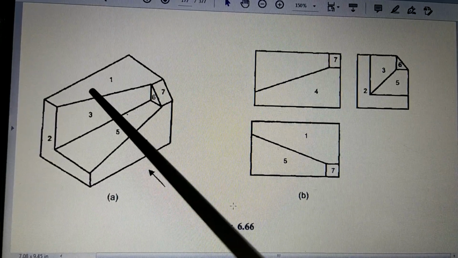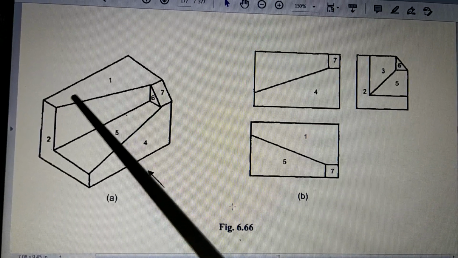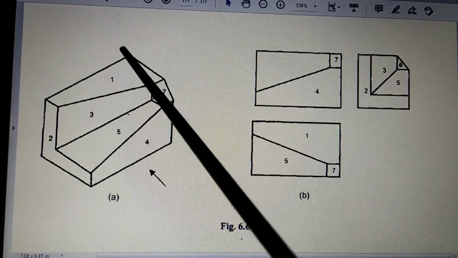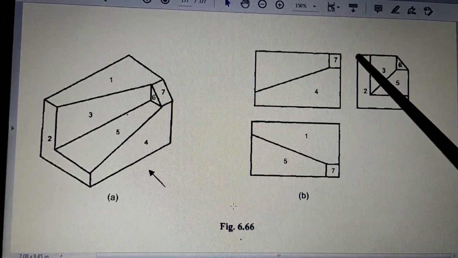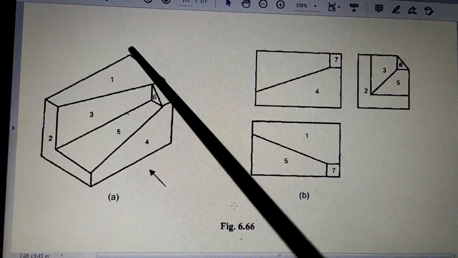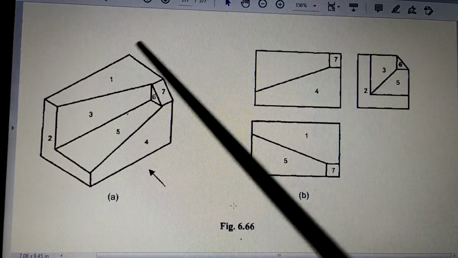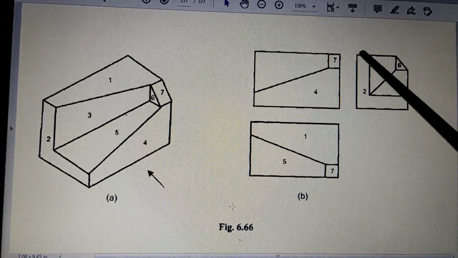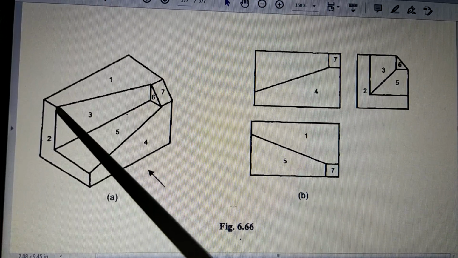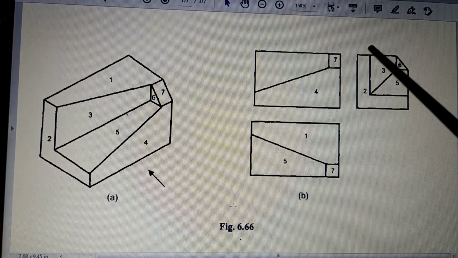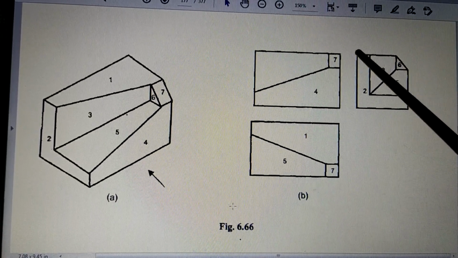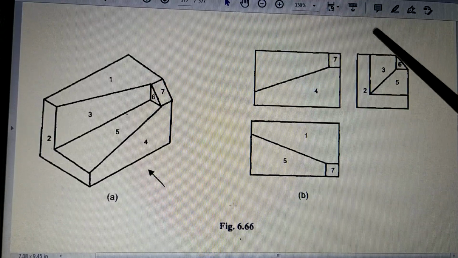Similarly, if you try to draw surface 1, then this surface 1 is from here, that means from here till here. How much is this length? You take this length from here to here. So this is surface number 1. This line of surface number 1 is this one. Then this line of surface 1 is just a point. This line of surface 1 is this much line, and this line of surface 1 is this line. And again this line is seen as a point. So this whole surface is this surface. So we have seen surface 1 very